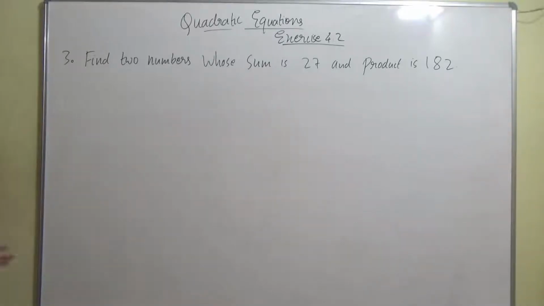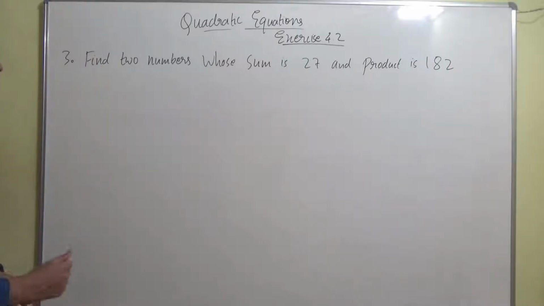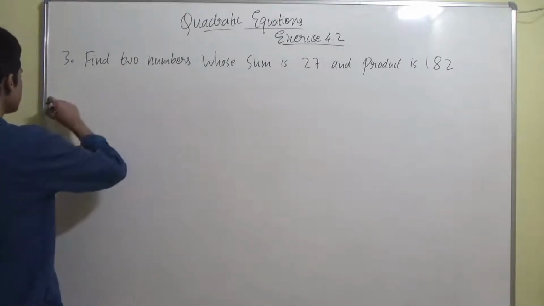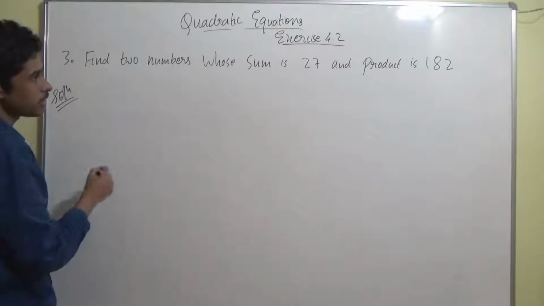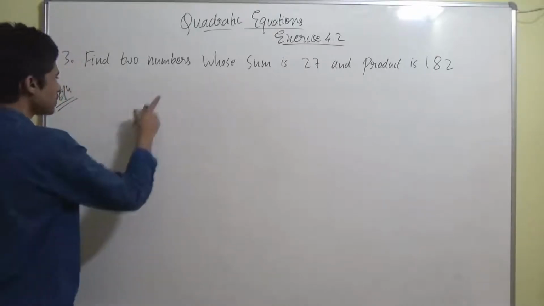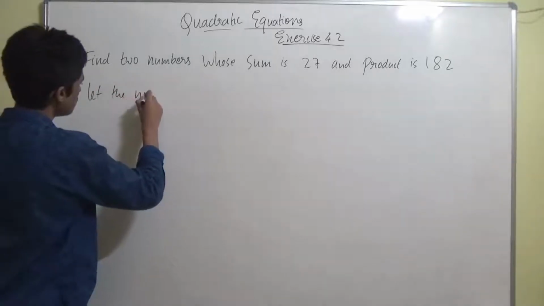Okay, guys. Now let's go to the third question. The third question says: find two numbers whose sum is 27 and product is 182. That is, first let's assume, let the number be